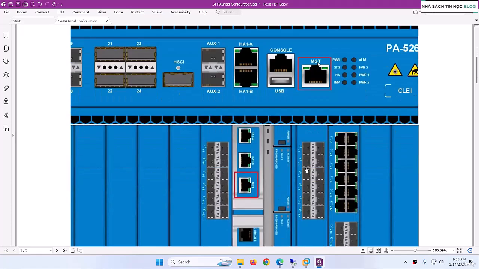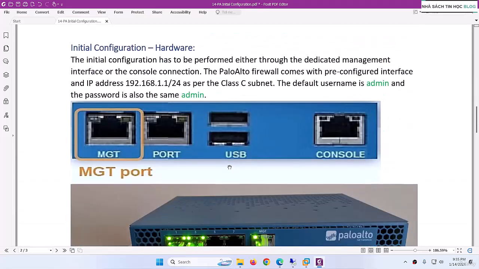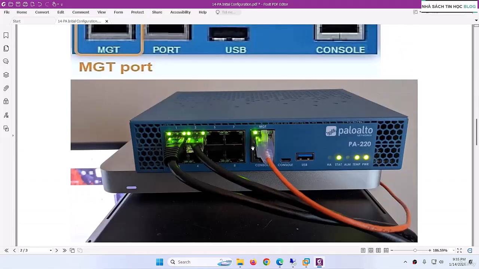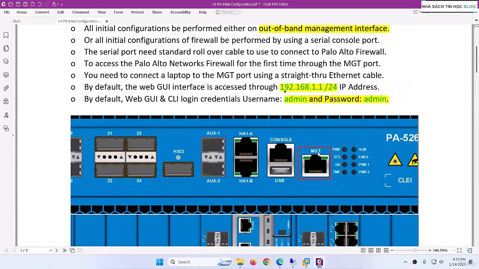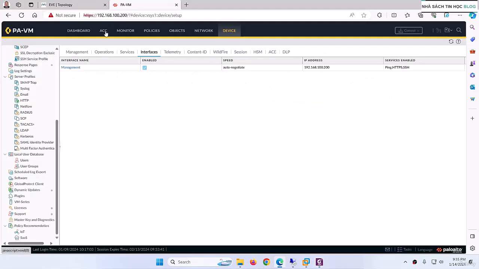Connect the cable from the management port to your laptop, and assign an IP in the same range to your interface, 192.168.1.2, or 3, 4, 5, 6, 7 up to 254. Then in the browser type